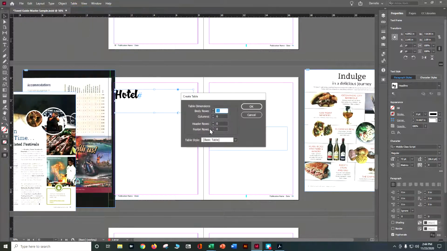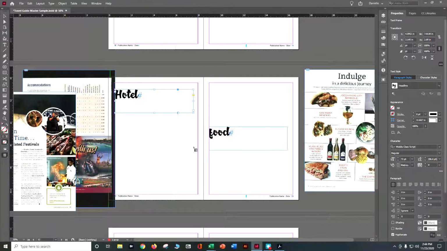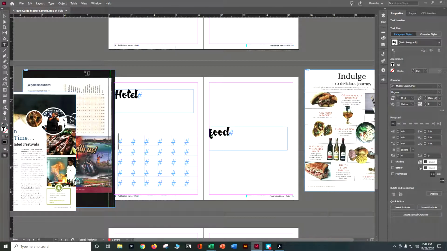Let's do create a table, and you can make yours any size. I'm going to go ahead and make mine, let's see, let's do a subhead for each one. So maybe I want to do, let's do 12 by 12. No, I want 12 rows and 6 columns. Let's do that. All right, so it's going to go ahead and create my table. So you're going to say, why do you have so much information? So I know that when I'm working on my table,